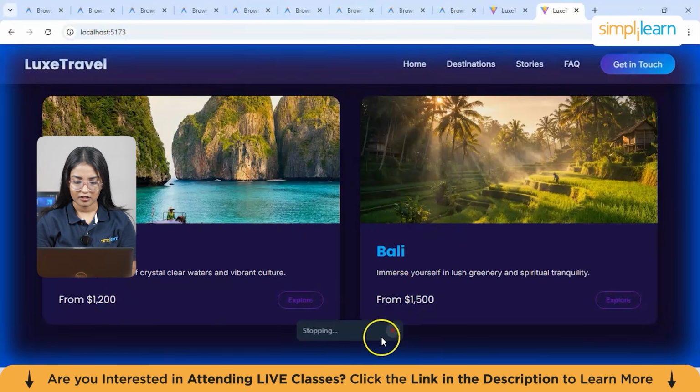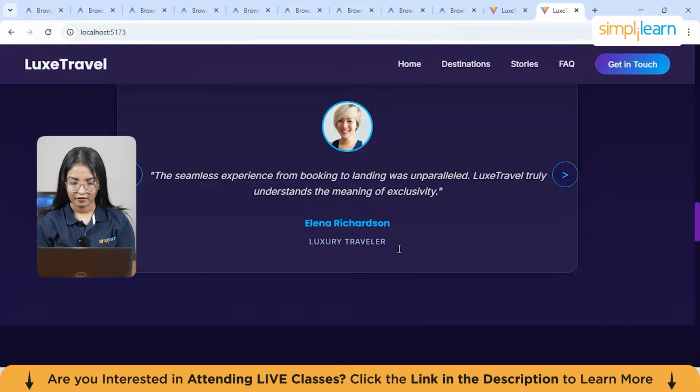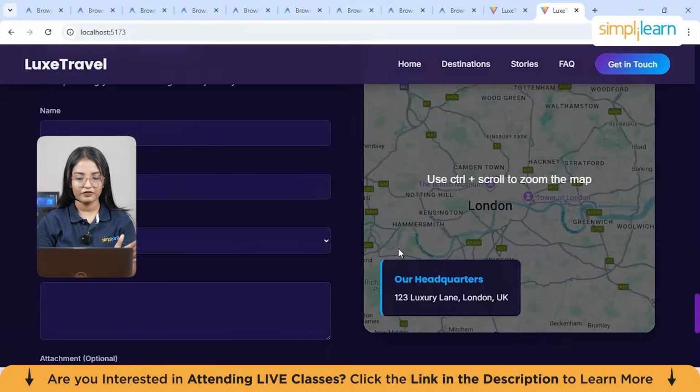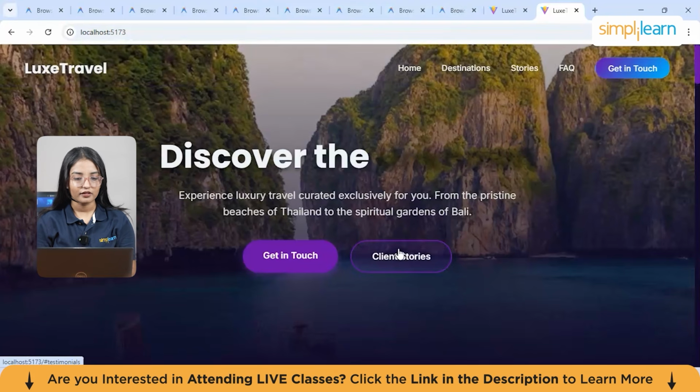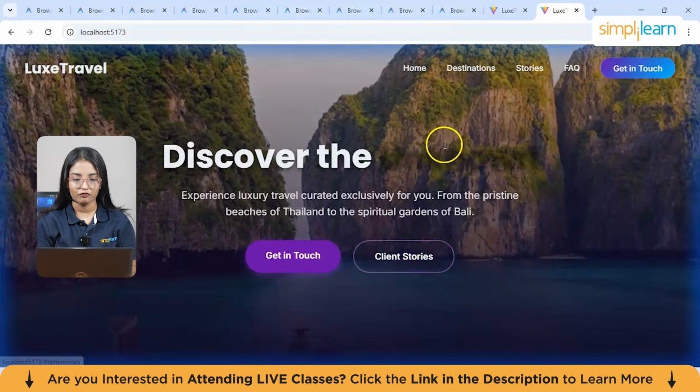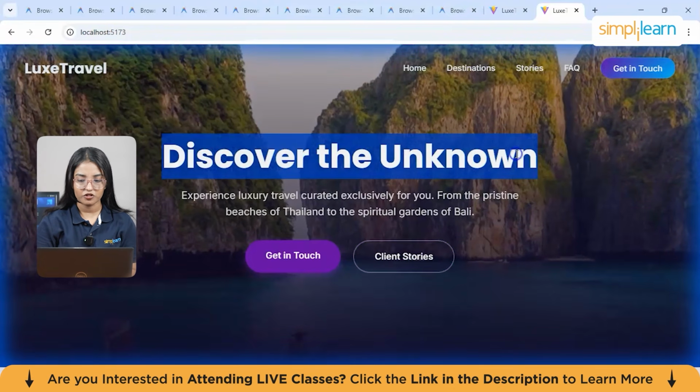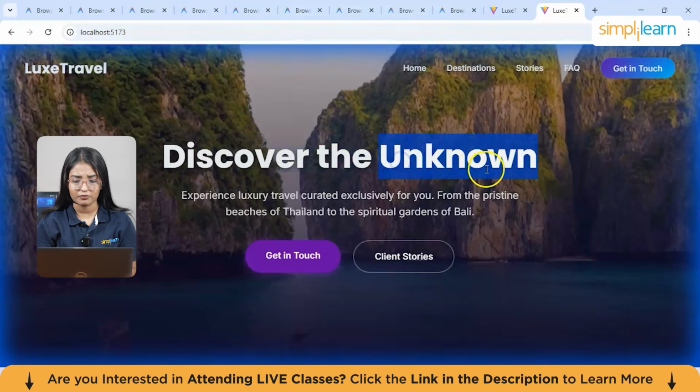Now I'll just stop this agent again. Okay. So you can see the frequently asked questions here, and it has added a lot of features. Now let's see what if you want to change any particular font. So let's suppose I didn't like the font from here, and the unknown text is also not visible to me.